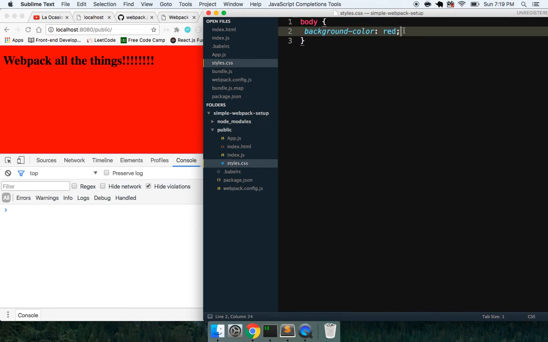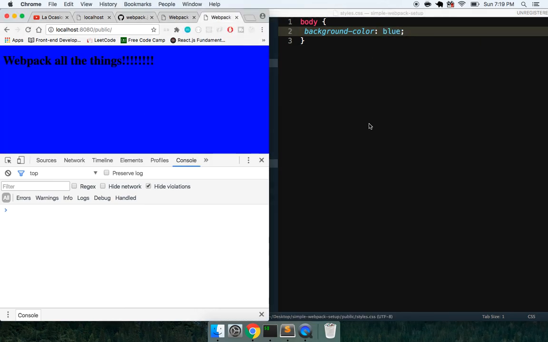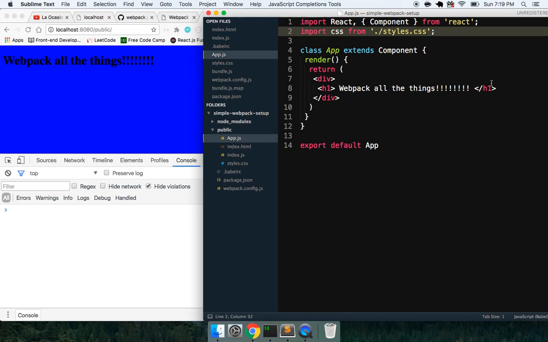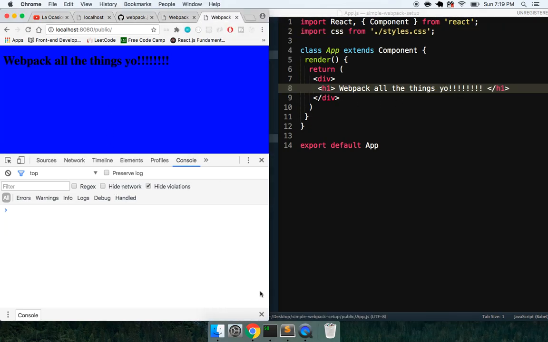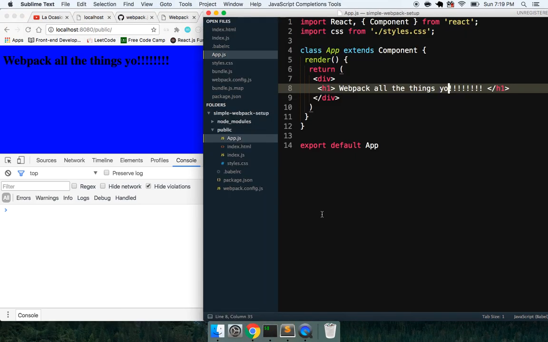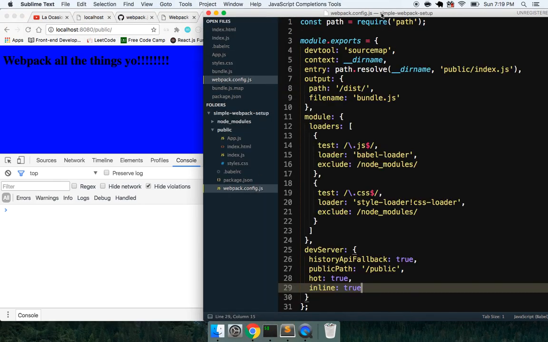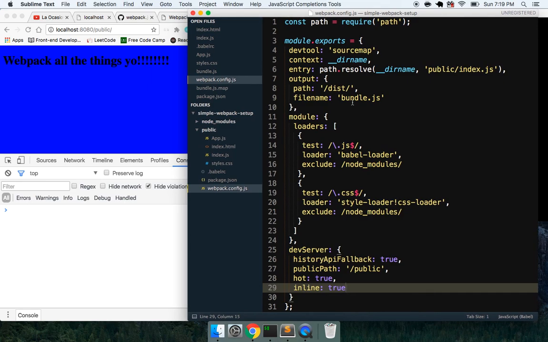So yeah, and then if I update this right to blue, here we go. It's going to recompile. There we go. Webpack, all the things. Yo. It's updating. There we go. Cool. So yeah, guys, that was your basic Webpack setup, and really the only gotcha was when you're running Webpack dev server, you don't actually want to have that dist folder that we created,